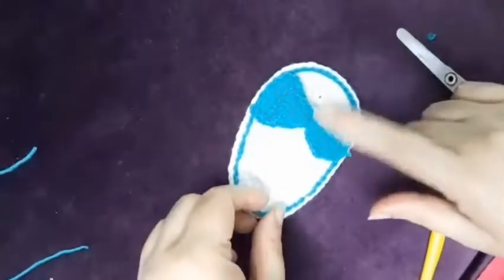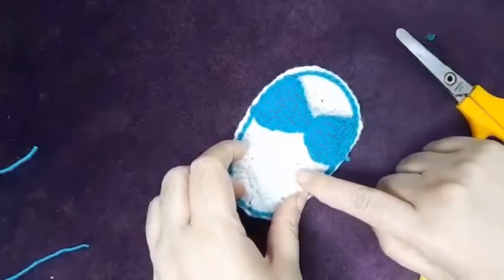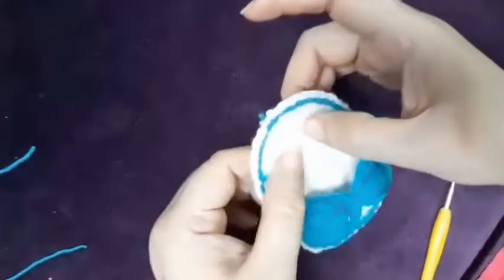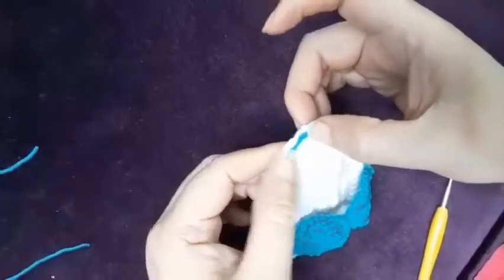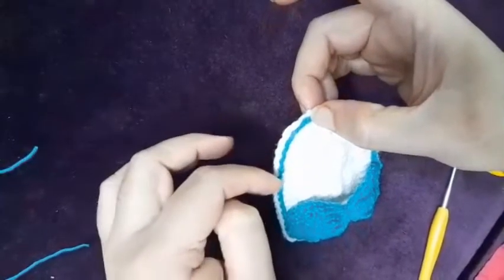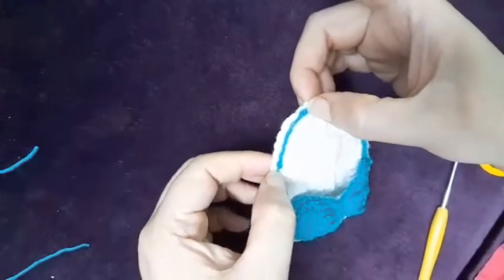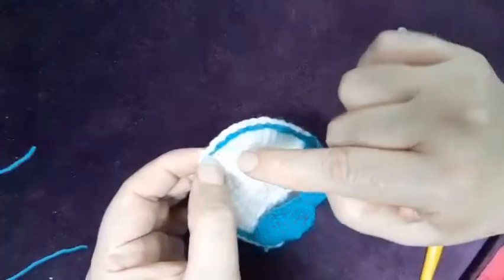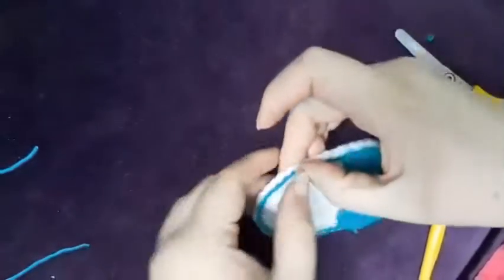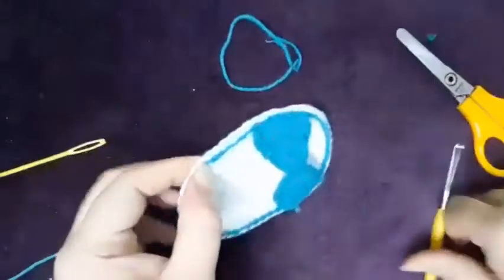Now I complete my upper part from the front side. Now I will make from the back side. So the middle of the shoe sole, this is the middle, so I will skip 1 2 3 4 5 6 7. From the 7th stitch I will start my back side, and 7 from this side, 1 2 3 4 5 6 7. So I will put a stitch marker here,